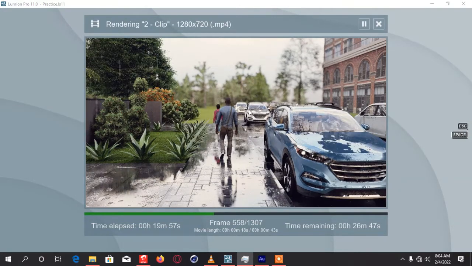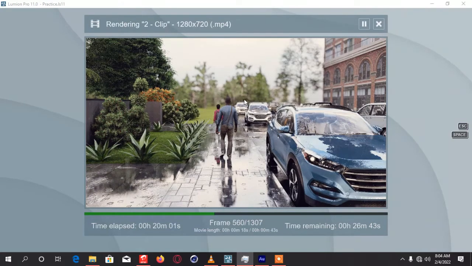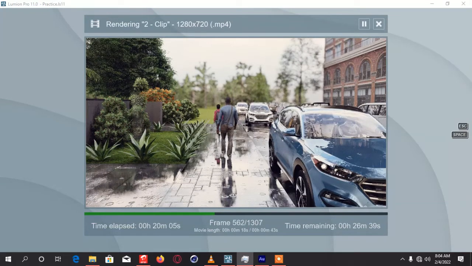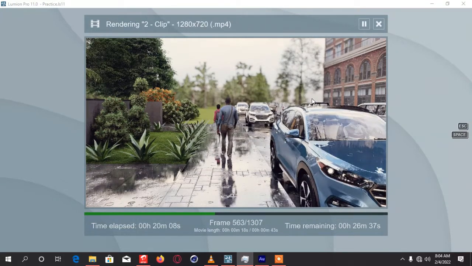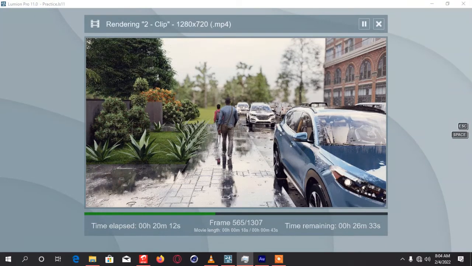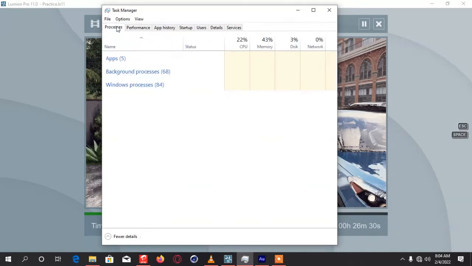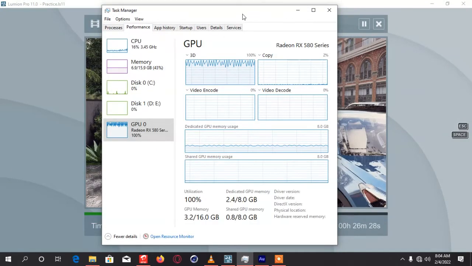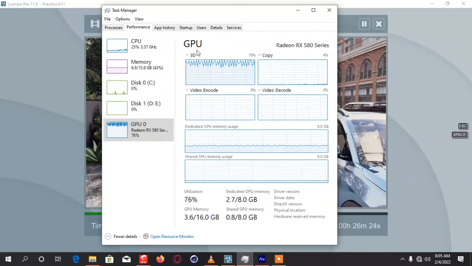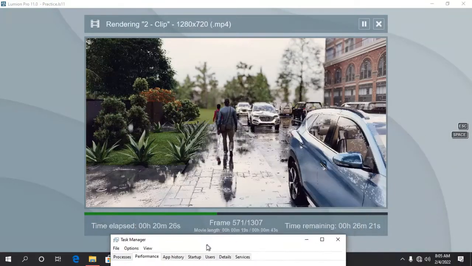But when it comes to the actual final output of your renders, what really matters is the ROPs, or the render output units. Okay, so I will just bring up the Task Manager for my GPU performance. From this menu, we can see that there's a 3D rendering running in the background right now,